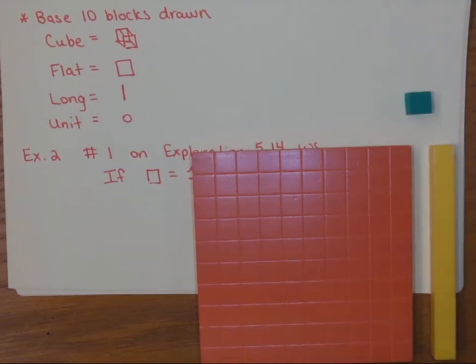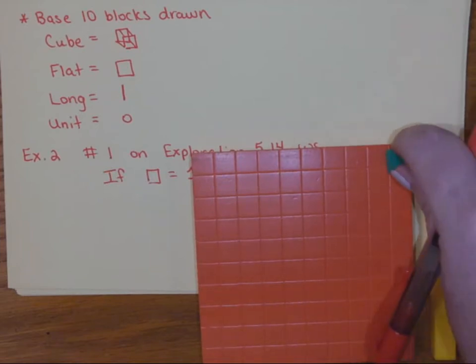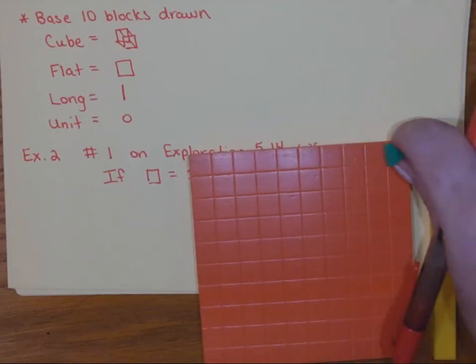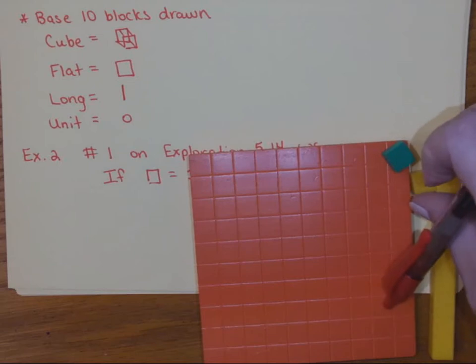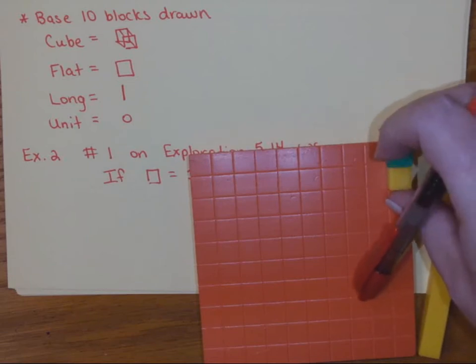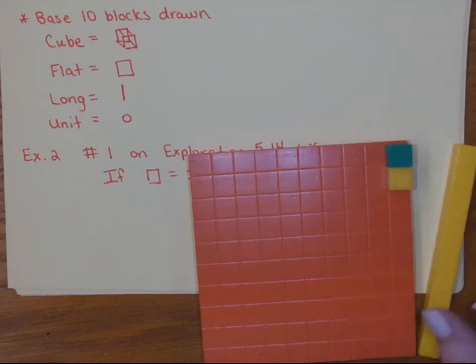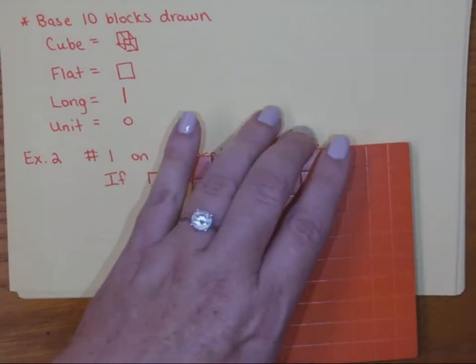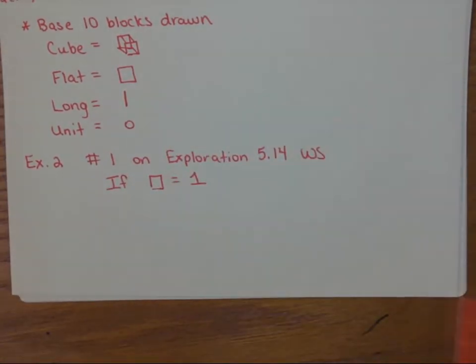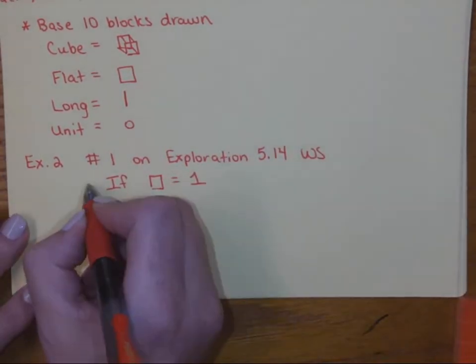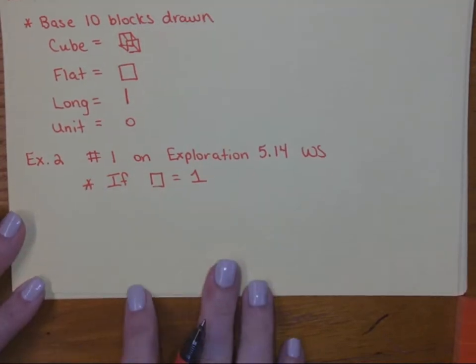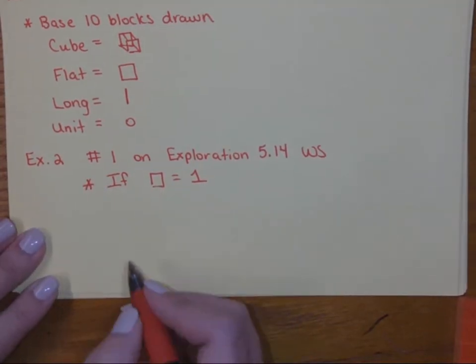And then we would call the units 1/100th, because it would literally take 100 of these stacked. I won't do that, because that would be tedious and kind of crazy, but it would take 100 of those to lay over the flat. So if the flat is the whole, you do need to make sure that you say this statement right here. You have to assign what the whole is. There's 2 ways we could show